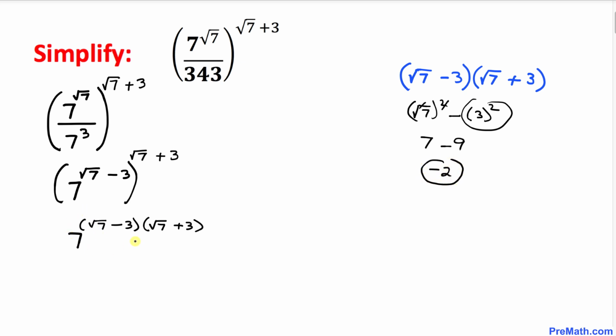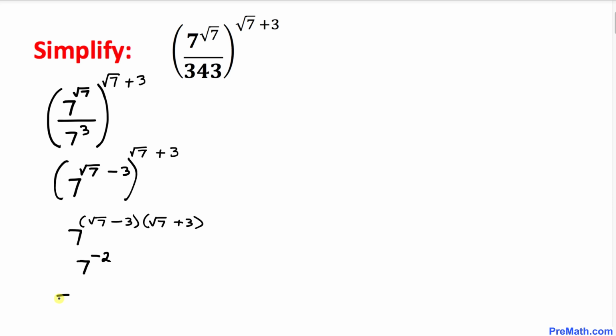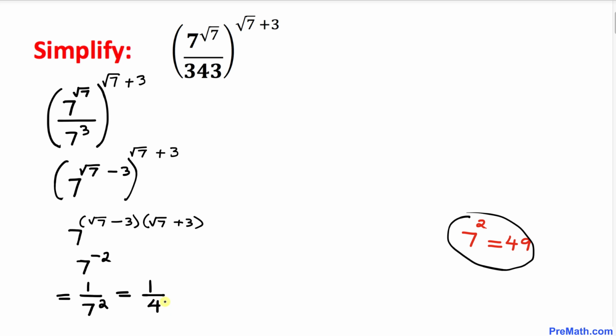So let's revert back to our original problem. So this could be written as 7 power, this whole thing I'm going to replace by negative 2. I can write power negative 2. Now to make it a positive exponent, I can write 1 over 7 power 2. And we know that 7 power 2 is simply 49, so this could be written as 1 over 49